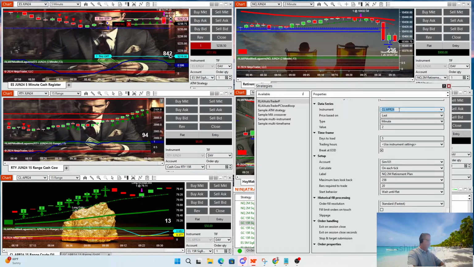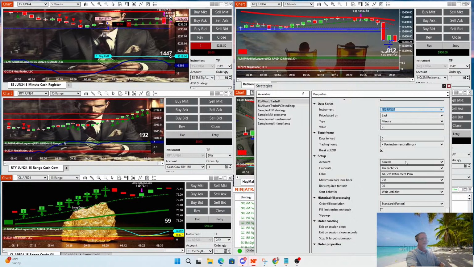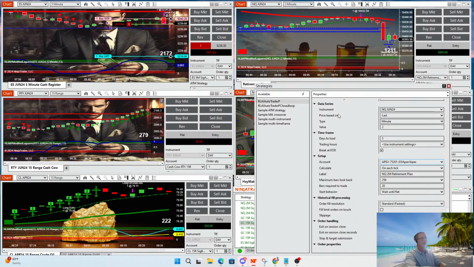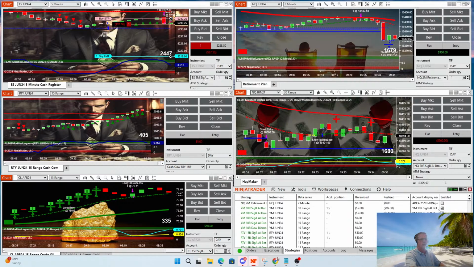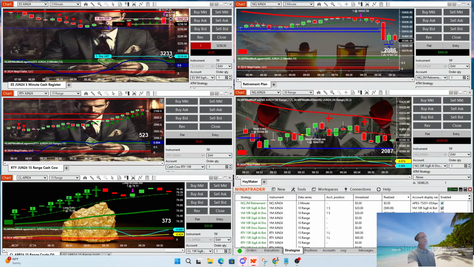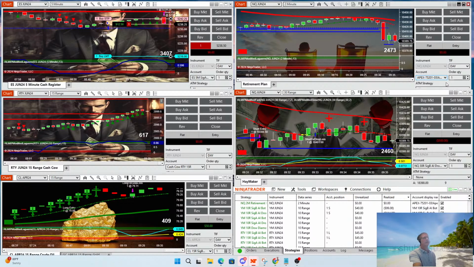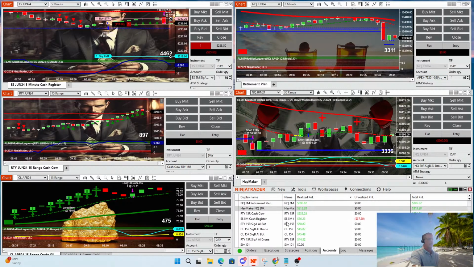Make sure that the instrument is always on the right instrument. NinjaTrader has a tendency to switch them around. So we're going to put this one in Apex 3. Click OK, and we'll enable that one. So on my retirement plan now, I'll put it on my Apex 3 account on my chart trader. And on the 30 range,